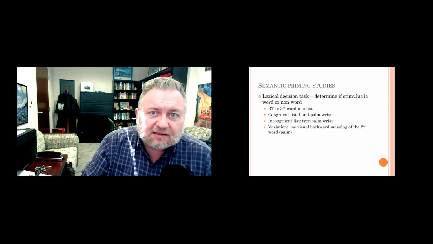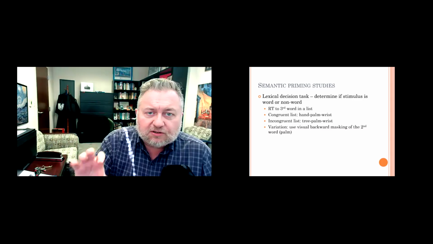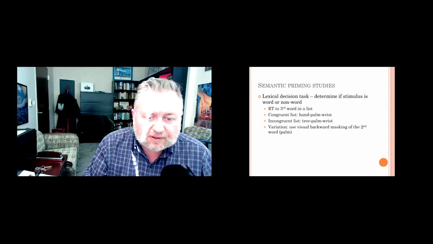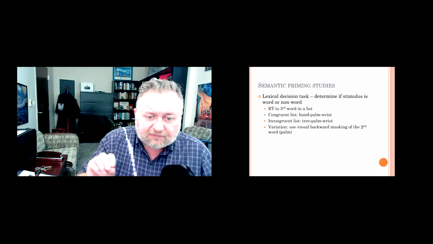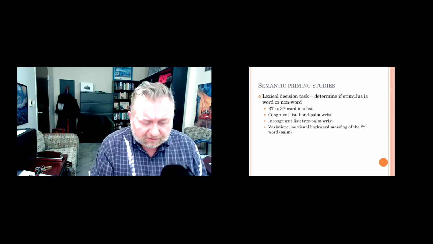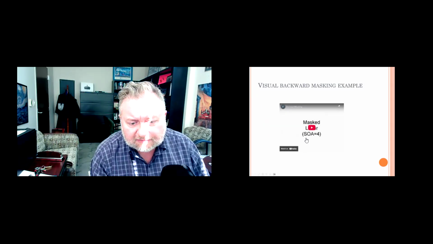I've talked about masking in one of the earlier videos. Masking occurs when you show an image on screen, and then it flashes for a second, and then it's immediately followed by some sort of a random array of lines or something like this that makes it hard to report. And I do have a video here, so let's see if we can.